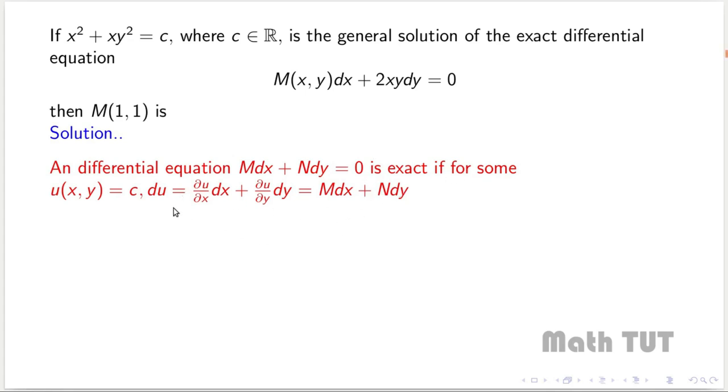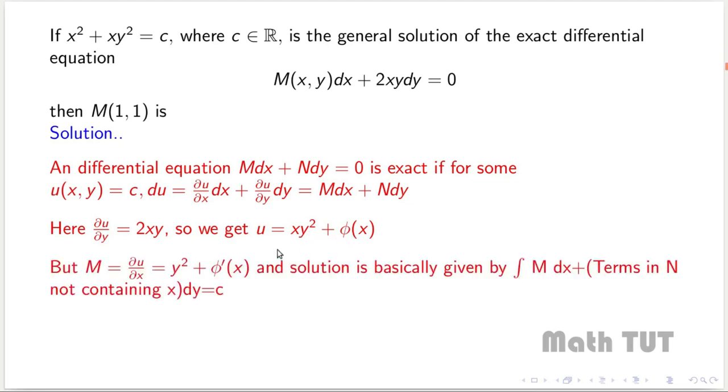But du we can rewrite as dou u by dou x dx plus dou u by dou y dy. So what we get is dou u by dou x is nothing but m, and dou u by dou y is nothing but n. So here we have n, that is dou u by dou y, is nothing but 2xy. From the differential equation we have that. So if you integrate it with respect to y,